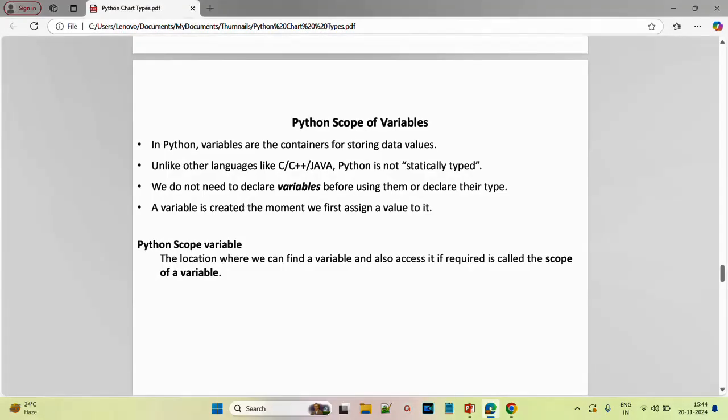Hi guys, this is Avinash Sharma, and in this video we will discuss the scope of the variables in Python. A variable is like a container, and these variables can store values, and each variable has its own